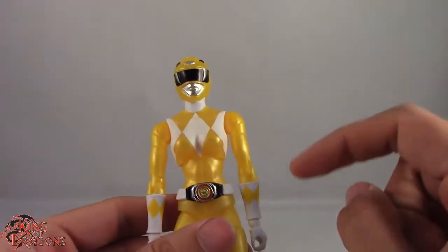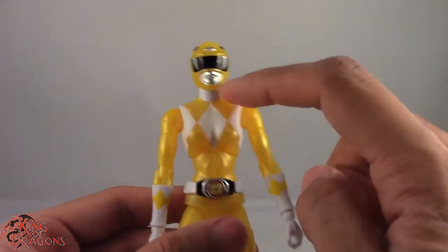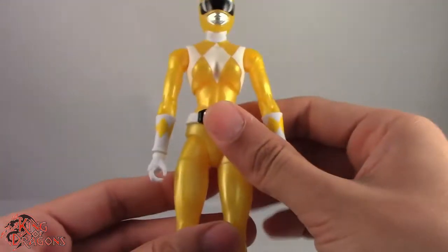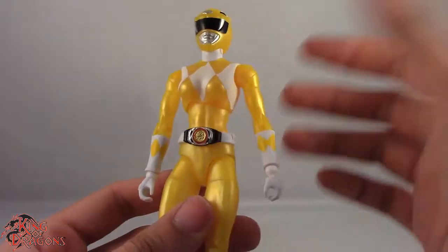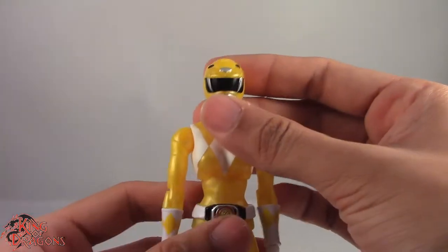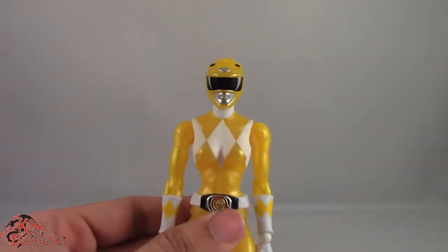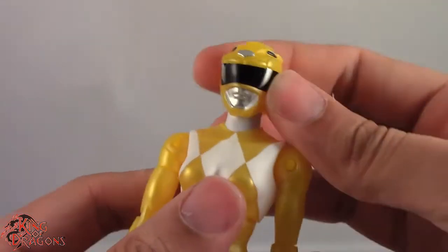The mold is the same, and then we do get the molded white pieces, which are the gloves, the neck, and the boots, as well as an accurate white belt, which the Yellow Ranger had a white belt to begin with, so it's not really that big of a deal. Moving on to Yellow Ranger's articulation,